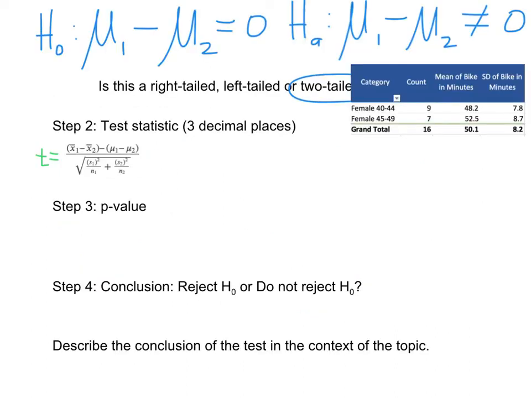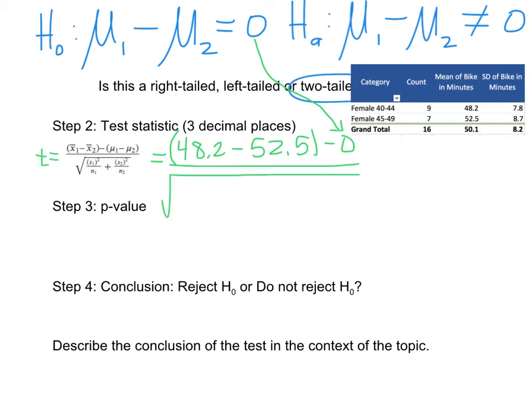Here is the test statistic calculation and also the sample statistics that are from my data and descriptive statistics spreadsheet. So we're going to plug things in here. So x bar 1 minus x bar 2, we have 48.2 minus 52.5. And then we subtract the difference between the mean values, which is 0. That's coming from right here. That's divided by